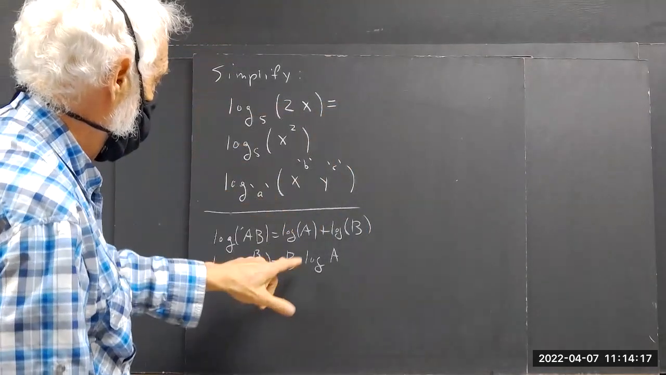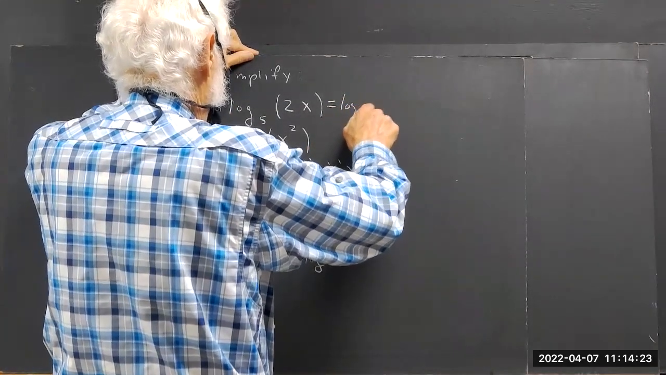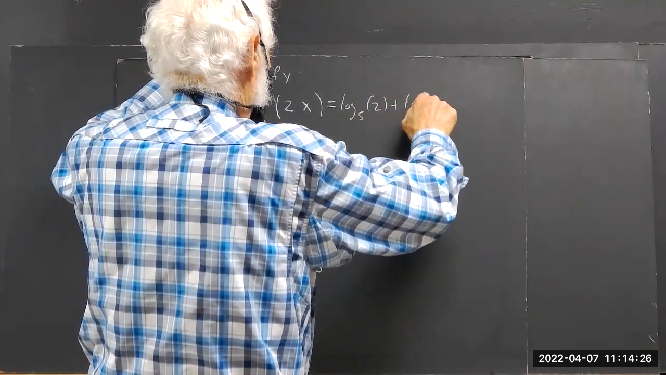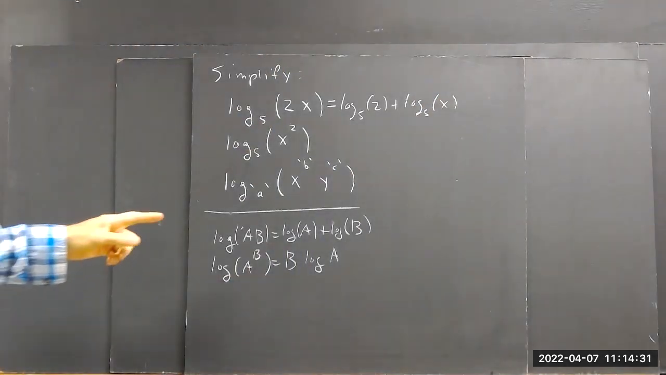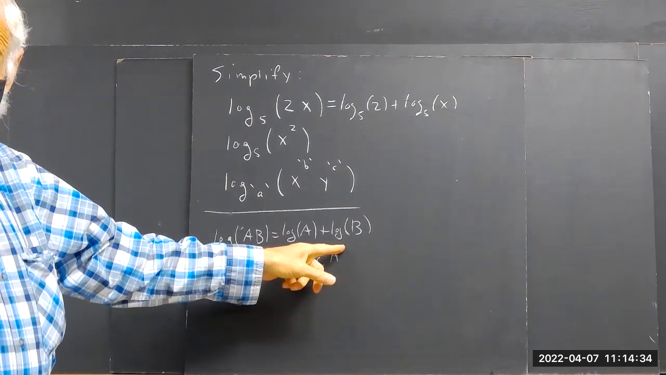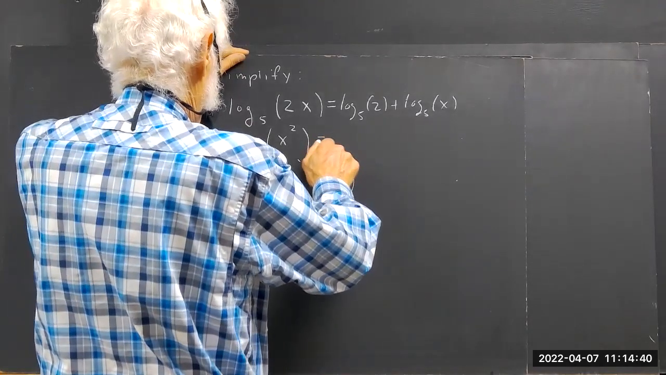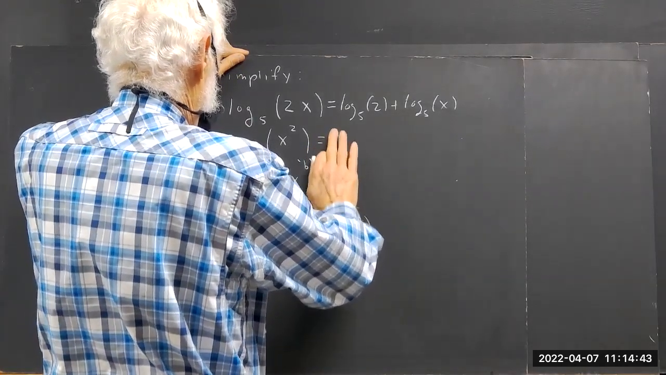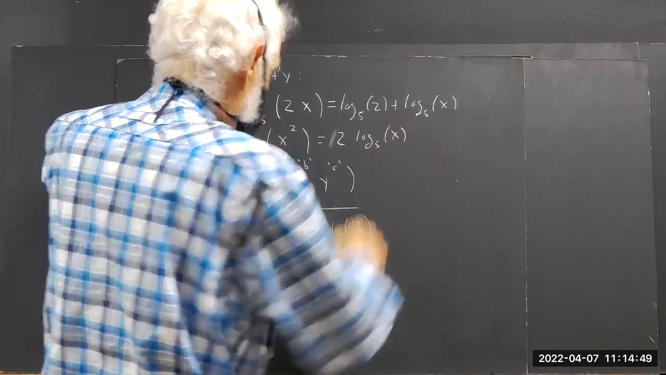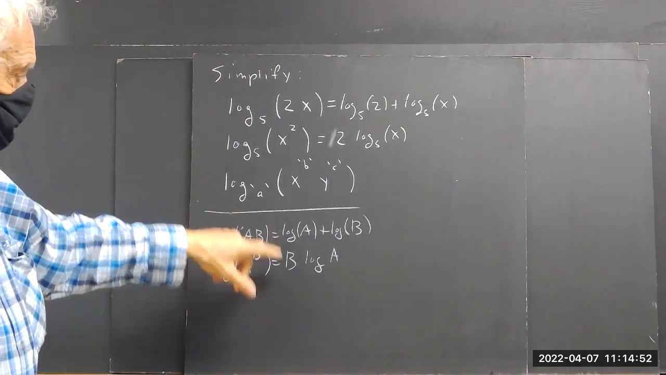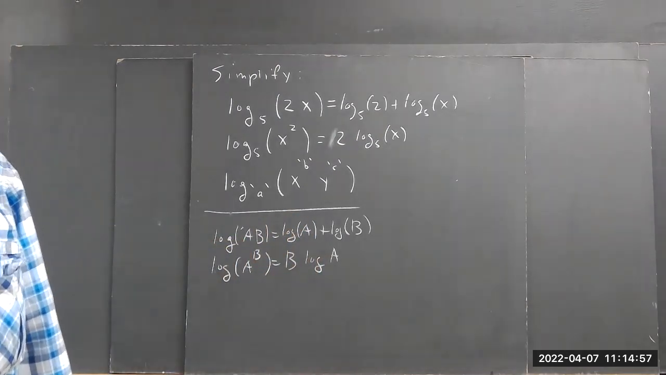Log of a product is the sum of the logs. So the log base 5 of 2x is log base 5 of 2 plus log base 5 of x. They're straightforward, one-step applications of the first rule. And the second is a one-step application of the second rule. So this would be simply 2 log base 5 of x, because the log of a to the b is b times log of a. The exponent comes out in front. Okay? For this one,